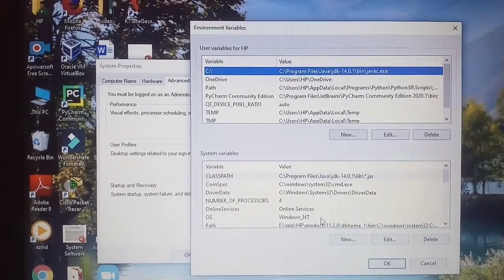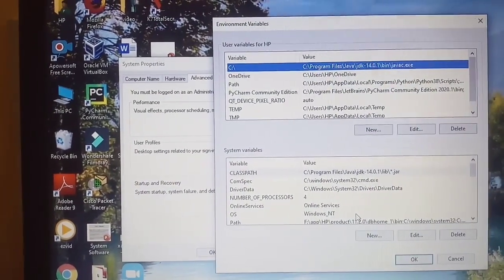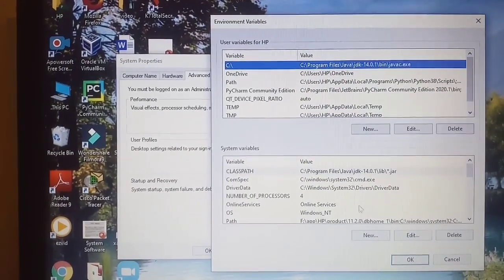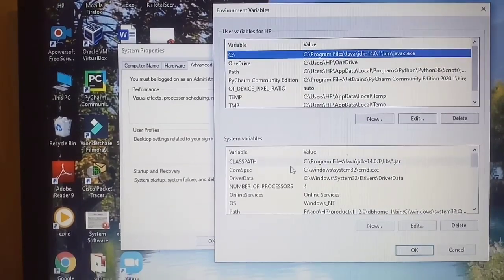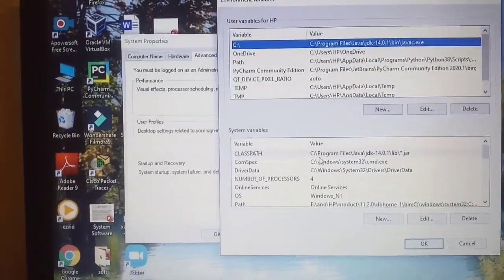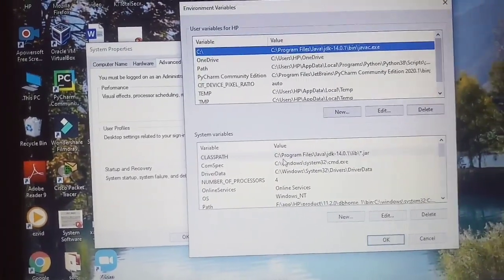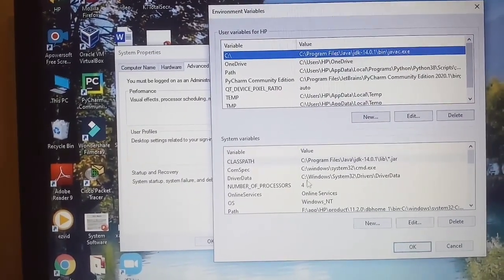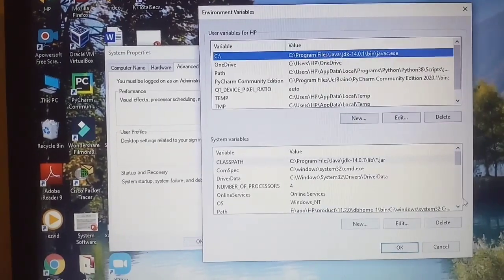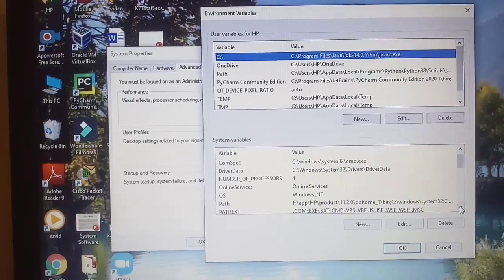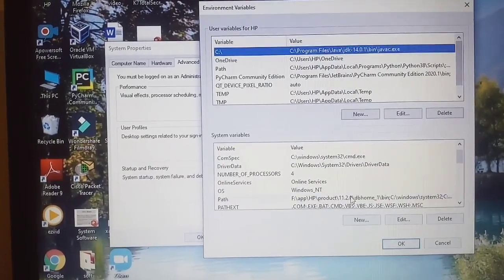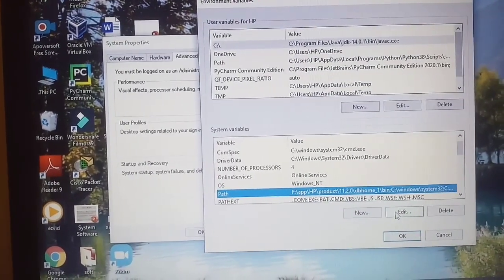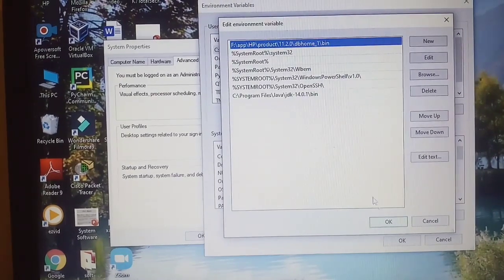Here we see two sections. First is user variables for the system user, that is HP, and second is system variables. Now we can make changes here by applying some other paths and class paths. If we talk about the paths, in system variables here we can select the path and click on the Edit button.